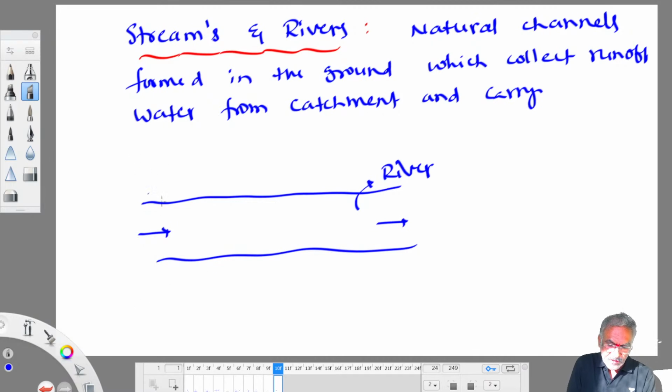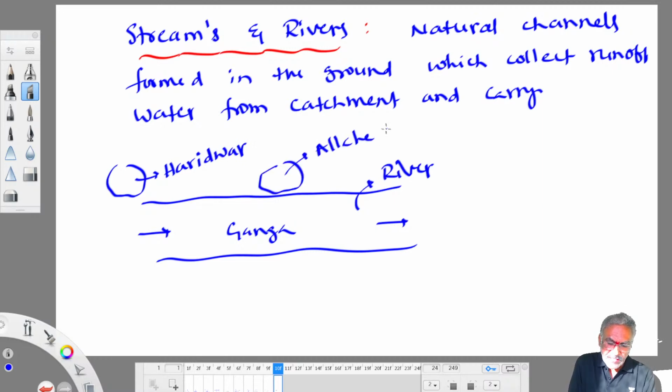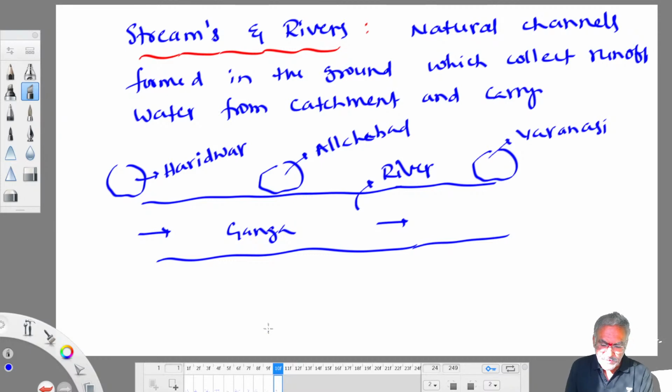So many communities depend on them. Suppose you see the river Ganga. The first big city is, what is that first big city? Haridwar. So Haridwar is on the banks of Ganga. Then Allahabad. Like this, big communities are there on the banks of the Ganga river. Then further if you go, you will find Varanasi. Like this, all big cities are on the fringes of the Ganga river. So they are the best sources. They are natural sources because they meet the water demands of any community. They are the best.